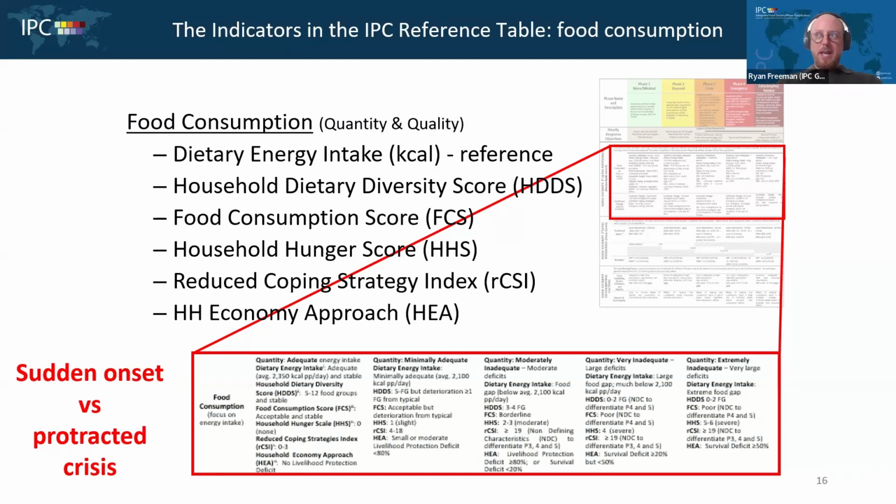So the HEA is very complicated, and you do use qualitative elements. You can use those to inform your analysis, but the outputs are a lot more quantitative. You have two of those outputs, the survival deficit and the livelihood protection deficit. Both are quantitative, but you do use qualitative information during that process if it's available to help inform first the baseline and then setting your parameters for your updated analysis.